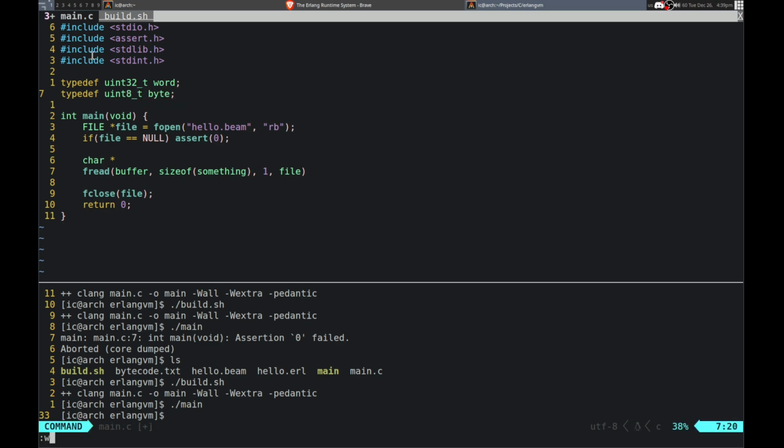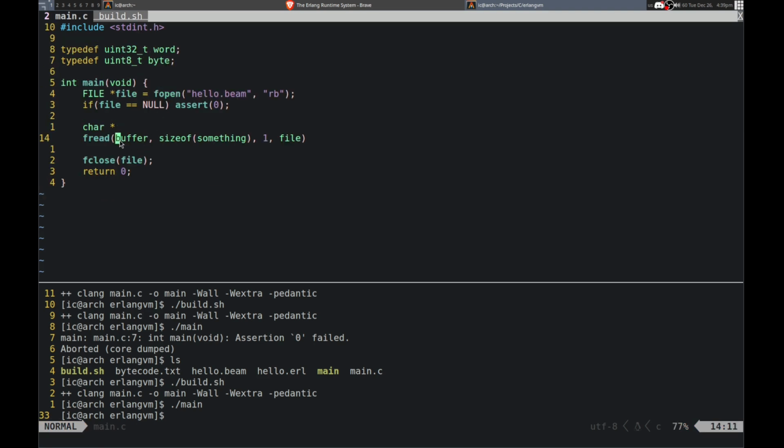Just so it is a bit easy to work with those. Because we could just use a regular int for that, but this is more clear, because it is the same size. But yeah, so size of something. So we want the size of word, because we're reading 4 bytes. And then the buffer, we need to have size of word. Yeah, so we need 4 bytes for it to store it. And then once we read that, we should be able to print it out.